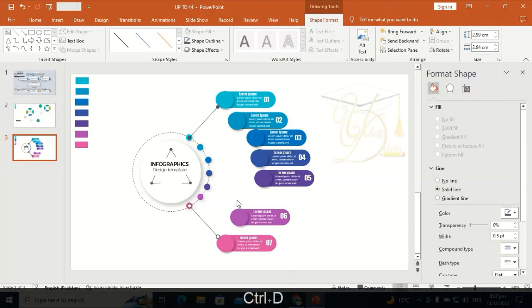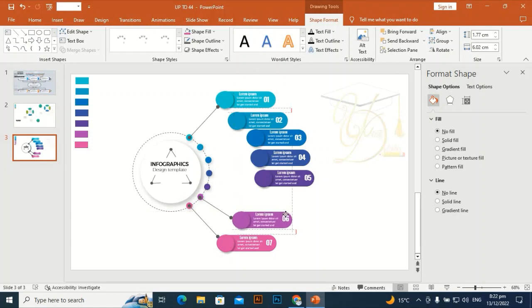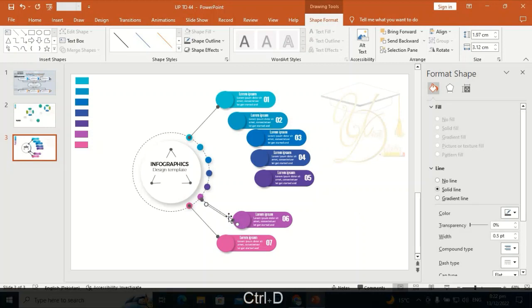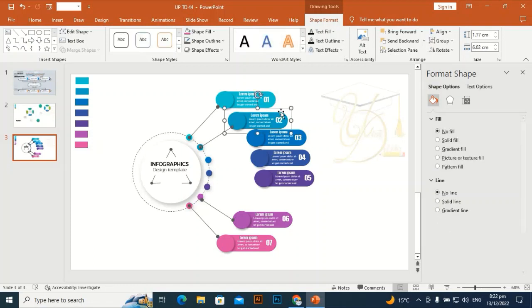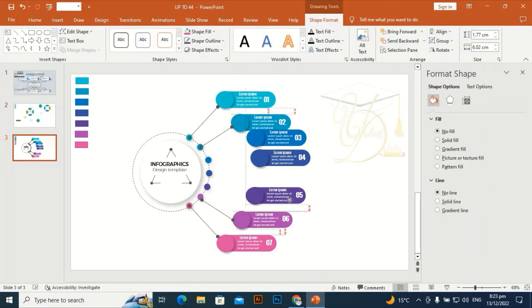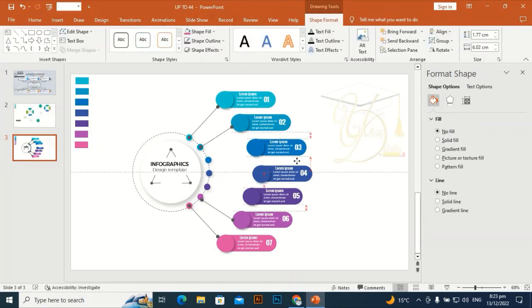Ctrl D to duplicate it. Place it here. Place it here. Okay, that's okay.